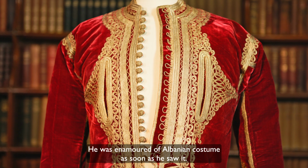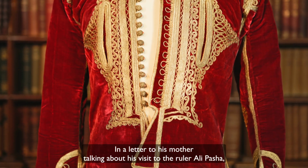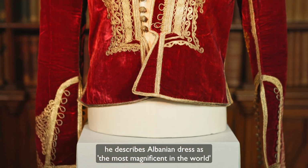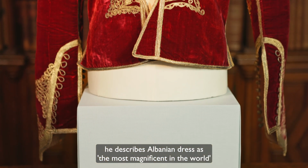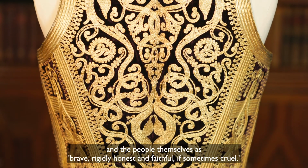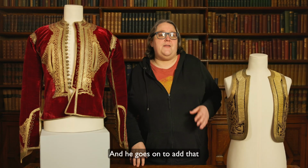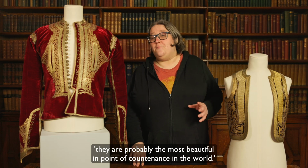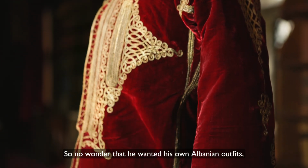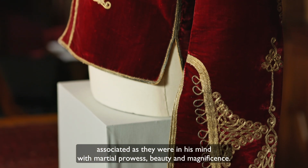He was enamoured of Albanian costume as soon as he saw it. In a letter to his mother talking about his visit to the ruler Ali Pasha, he describes Albanian dress as the most magnificent in the world, and the people themselves as brave, rigidly honest and faithful, if sometimes cruel. And he goes on to add that they are probably the most beautiful in point of countenance in the world. So no wonder that he wanted his own Albanian outfits, associated as they were in his mind with martial prowess,